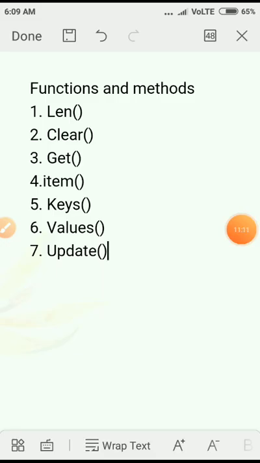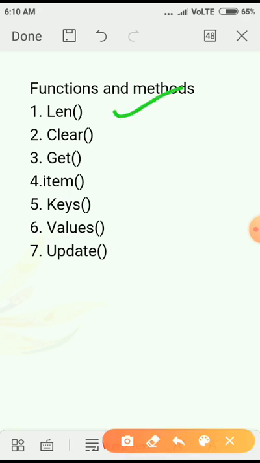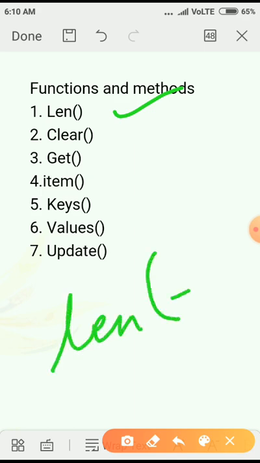Now the dictionary functions. There are different functions we use to access and modify dictionaries. First one is the len function. It returns the length of the dictionary, how many keys are there. The syntax is len, then opening bracket, write the dictionary name and close it.